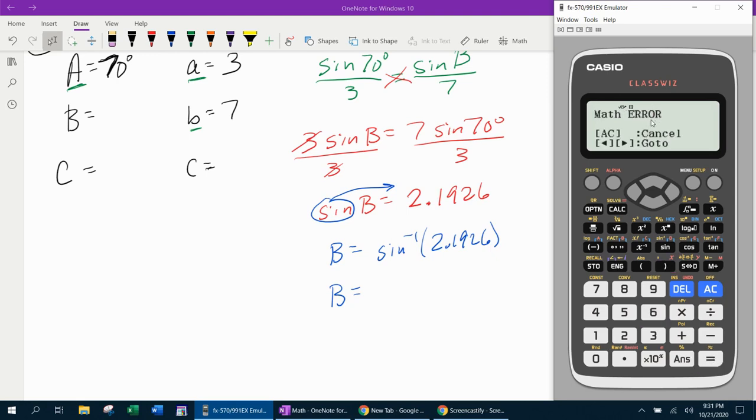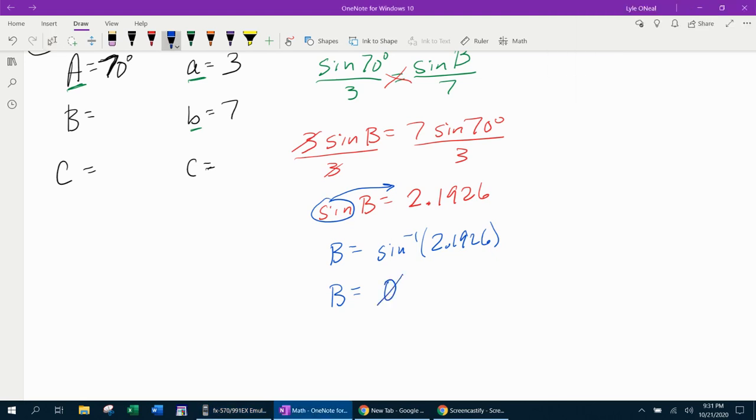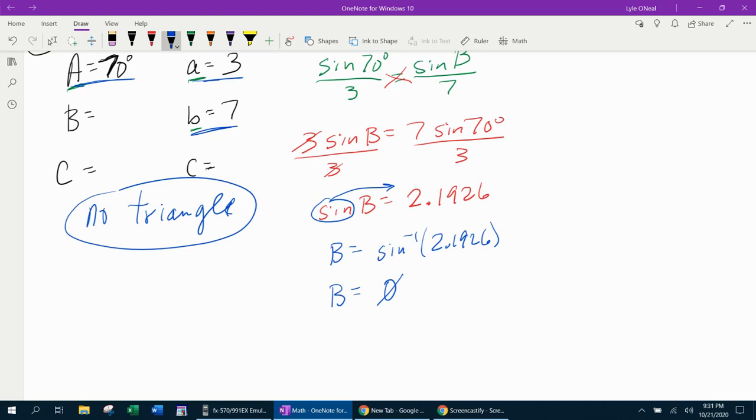Error. Error, guess what that means? No triangle. Okay, there's no solution for angle B, and that means that we're going to actually just write no triangle. Now, what does that really mean? That means that this scenario, if you put these together, there's no other angles inside combination that's going to work